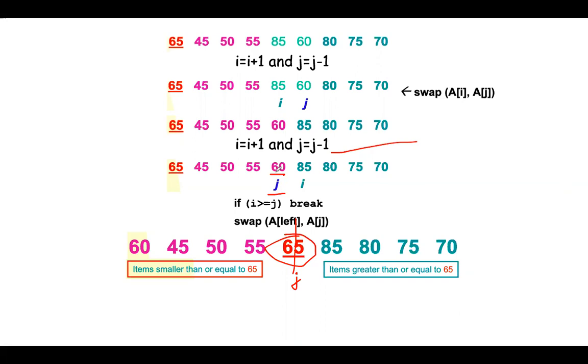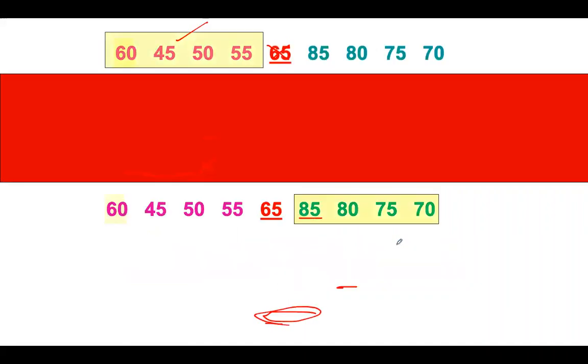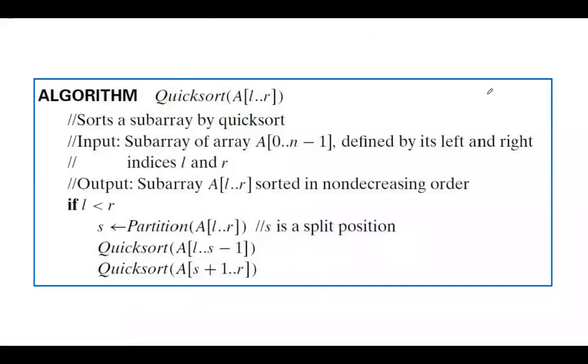The partition function will return the array index where the array has to be divided into two parts. In this case, it will return index 4, the 5th position. So the elements before that index are one part of the array and the rest is another part. This partition function we'll call in the quicksort algorithm.